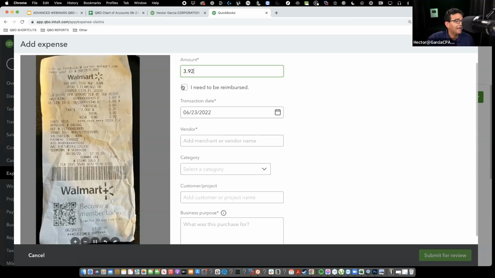If I click here, "I need to be reimbursed," it means you're indicating you're the employee. You're indicating to your employer that you paid that out of pocket. You didn't pay it with a business account. So because I'm paying out of pocket, you've got to pay me back. Okay, so the reimbursement workflow will take you to the process where you can create a bill to pay back